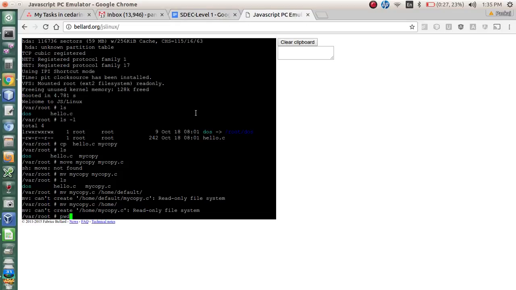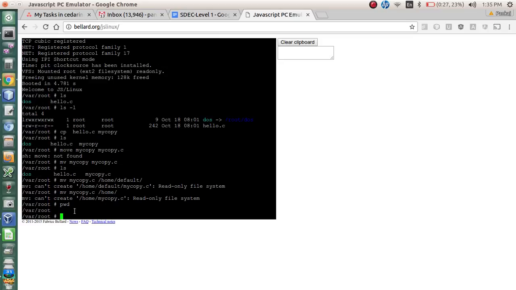Now we have also done pwd. Pwd shows you the present working directory. So let us do cd. How do you change a directory? You change a directory by using a cd command, and then you should tell where it should go to. You can say, okay, fine, I want to go to